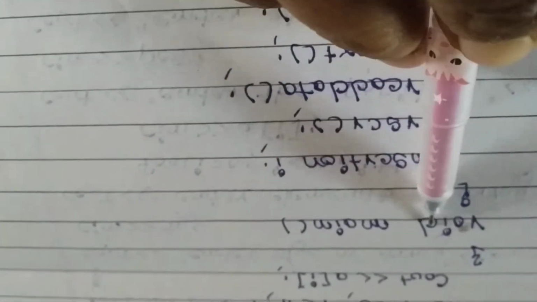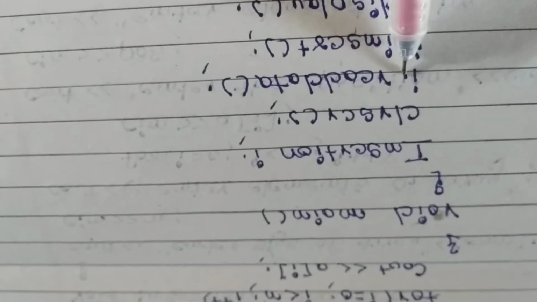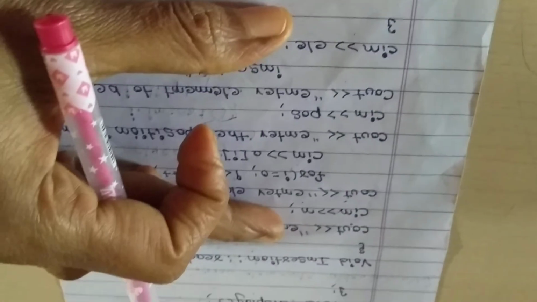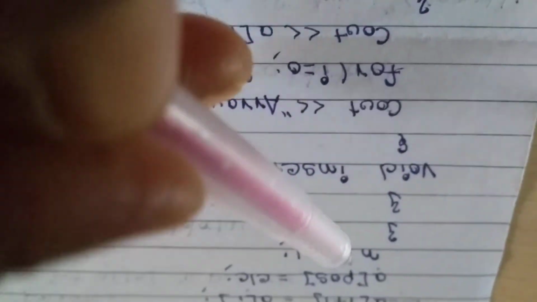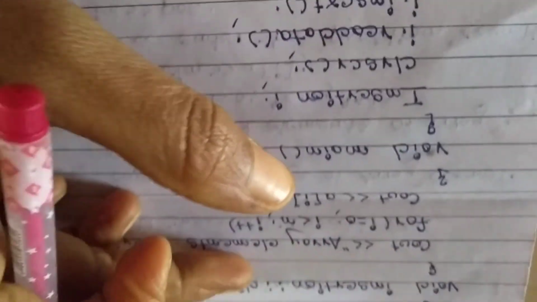Next, what is there? Void main is there. Program execution starts here. So how to create an object? Class name, object name. Using the object we will call the functions. So here it will go here. Execute the read function. Read function started here, ended here. All these statements it will execute, then come back to the main function. Next it will come here, insert. Where is the insert function? Insert started here. It executes all these statements till here, students. Now again it will come here. The next function is display. So display means it will execute this part and come back here.